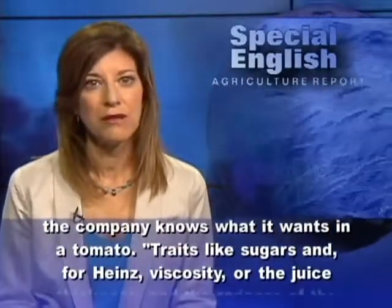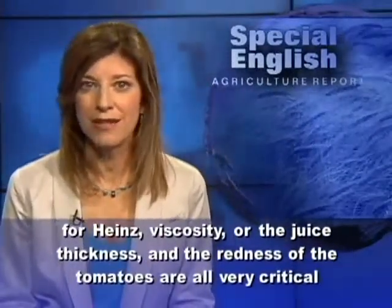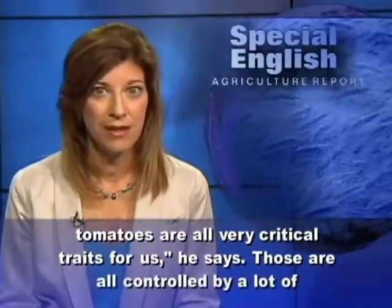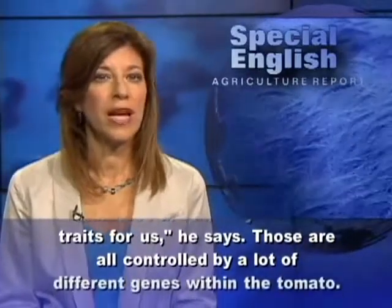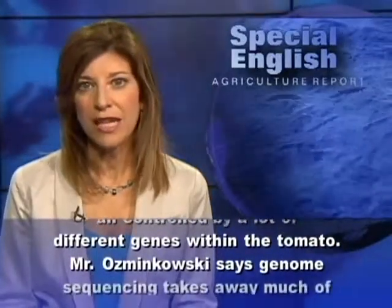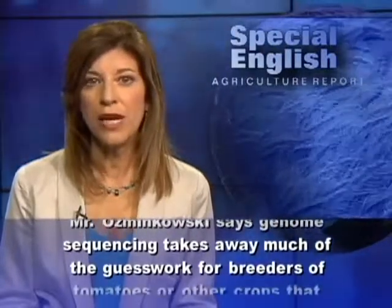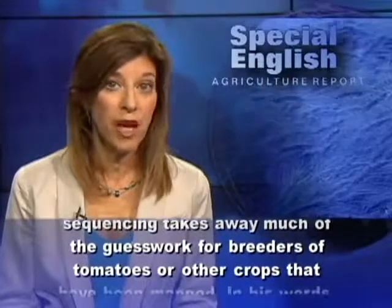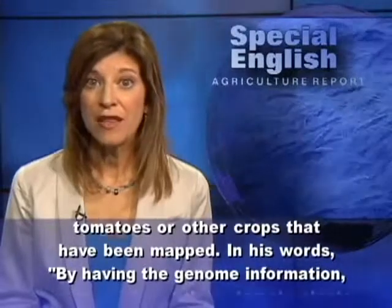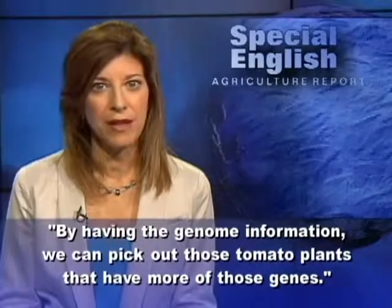Traits like sugars, and for Heinz, viscosity, or the juice thickness, and the redness of the tomatoes are all very critical traits for us, he says. Those are all controlled by a lot of different genes within the tomato. Mr. Osmankowski says genome sequencing takes away much of the guesswork for breeders of tomatoes or other crops that have been mapped. In his words, by having the genome information, we can pick out those tomato plants that have more